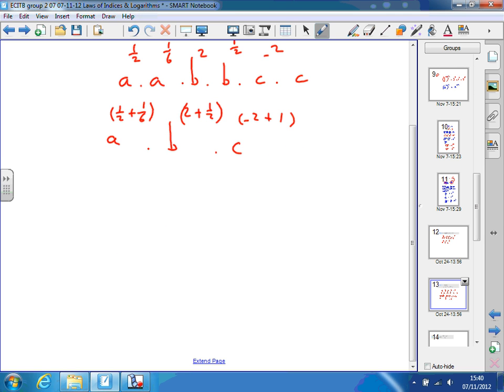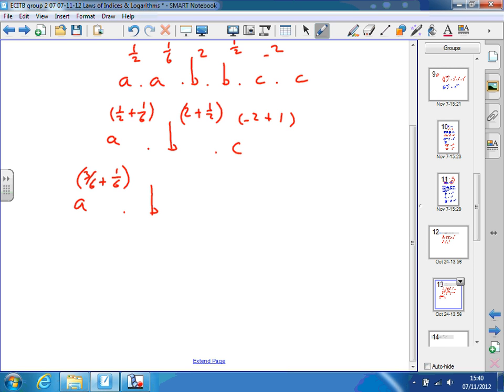I need to be able to add fractions, and we've talked about this sort of thing before. We need a common denominator. What number do 2 and 6 both go into? 6. So I can turn the half into 6ths, which is 3/6. So this becomes a to the 3/6 plus 1/6,